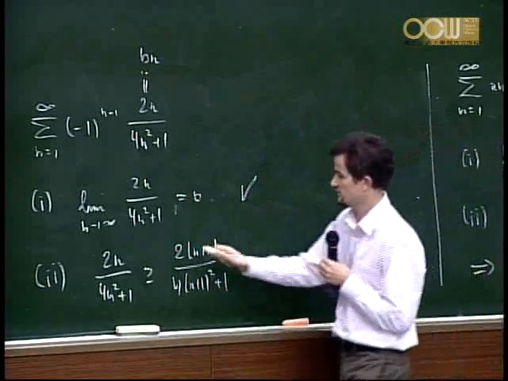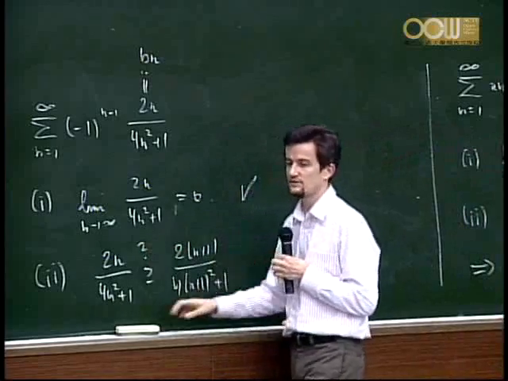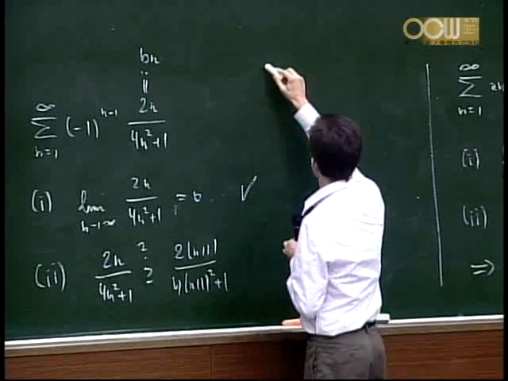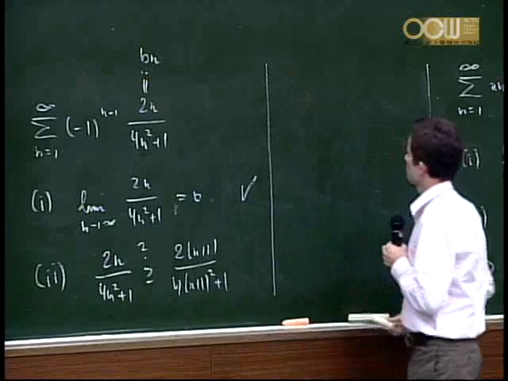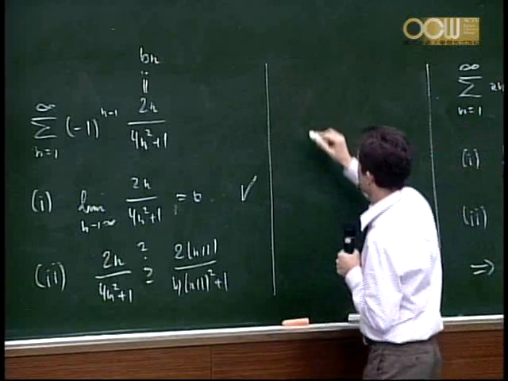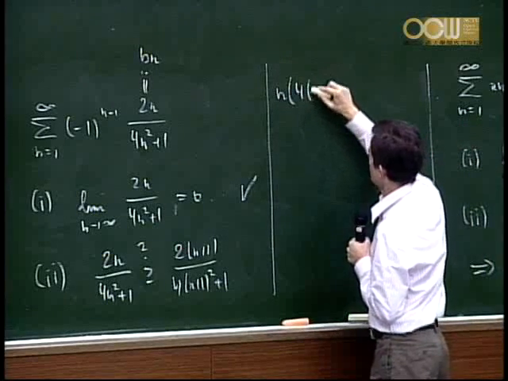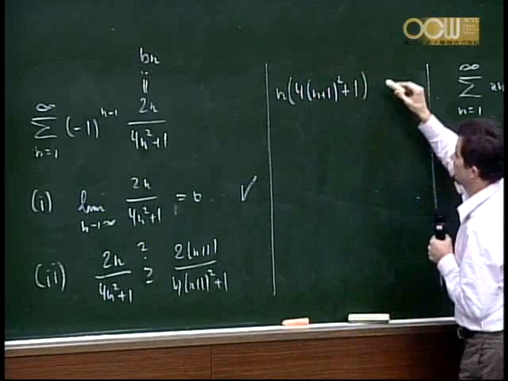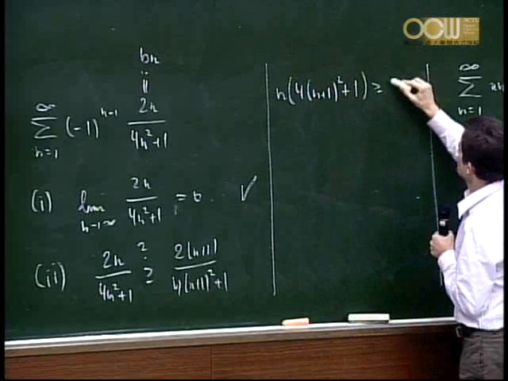This is something we want to know. Now this is an inequality you can prove directly. So you see that n times 4n plus 1 squared plus 1 must be larger or equal than n plus 1